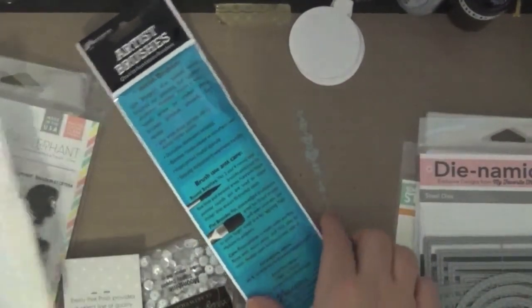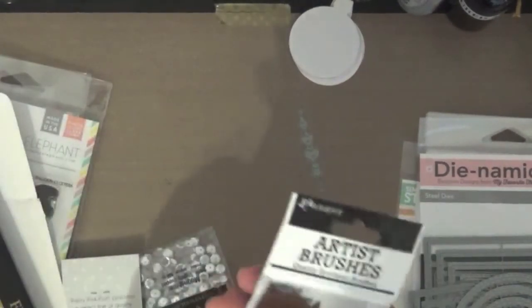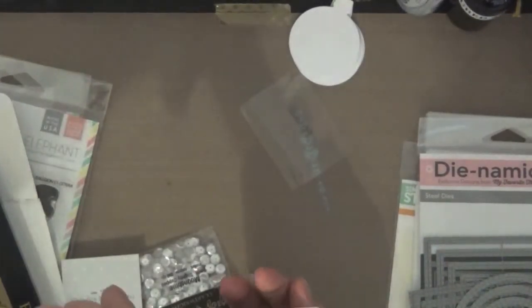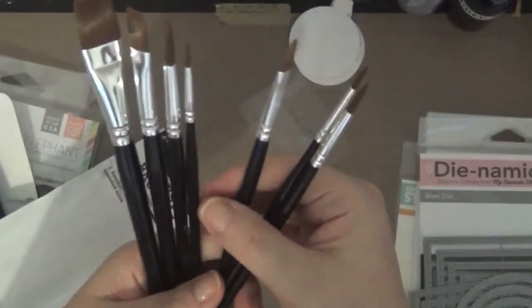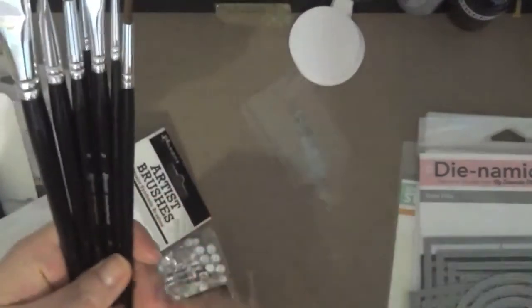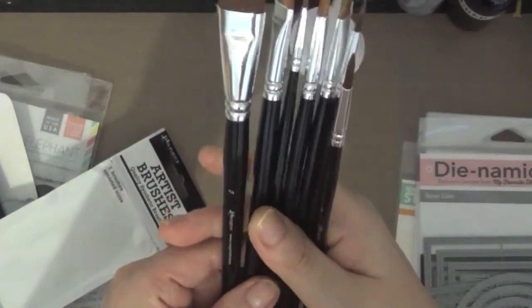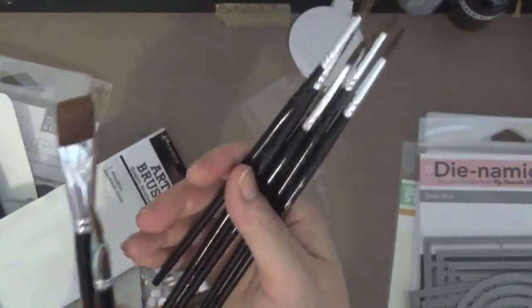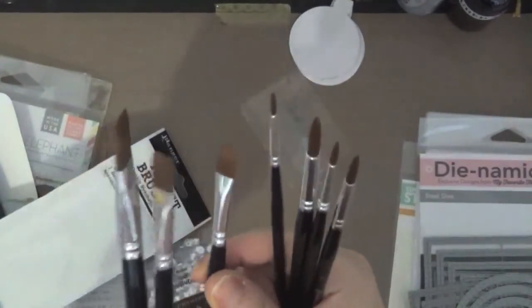Okay, and then I got the Ranger art brushes. These are really cheap, so I just picked some up. I have a lot of paint brushes, but I mean, you get so many. 2, 4, 6. So you get 7, and this was only $6.99. So you get a 3/4 inch flat, 1/2 inch flat, and I think I got this because I don't have really good small brushes. So